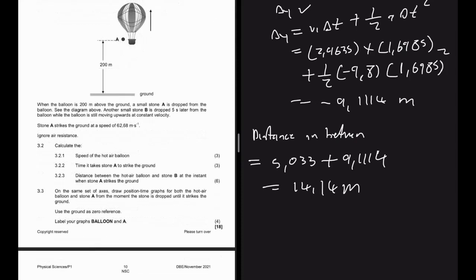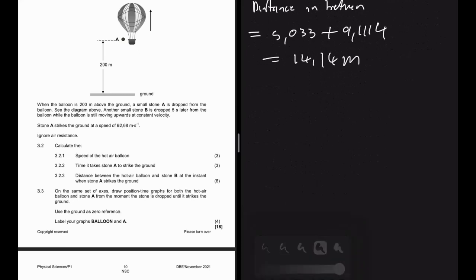3.3 says on the same set of axes, draw position time graphs for both the hot air balloon and stone A from the moment the stone is dropped until it strikes the ground. Use the ground as zero reference. Label your graphs balloon and A, A being the stone, right? So 3.3,